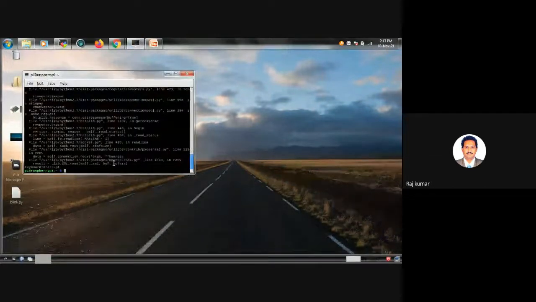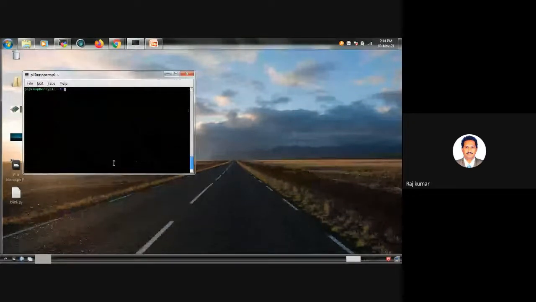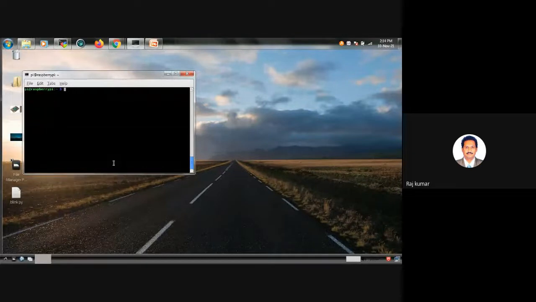So here, due to insufficient time, I have already loaded Node-RED. One more thing is, if I start installing Node-RED, it will consume almost half an hour to 40 minutes. So in order to save time, I already pre-installed it on the Raspberry Pi. Now I'm going to start Node-RED simply by giving the command node-red.